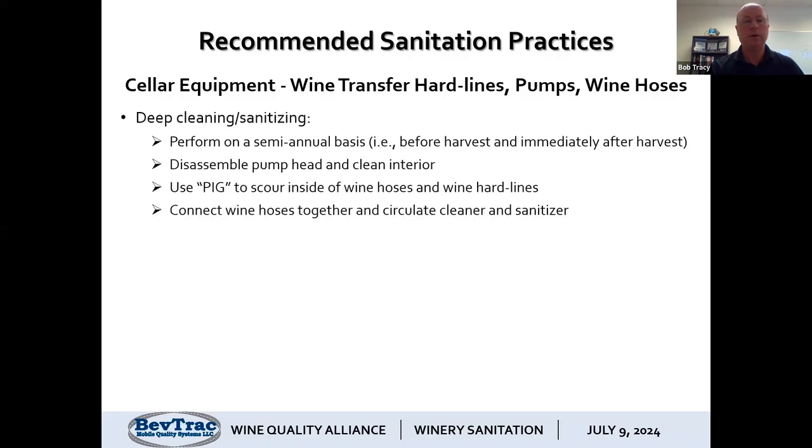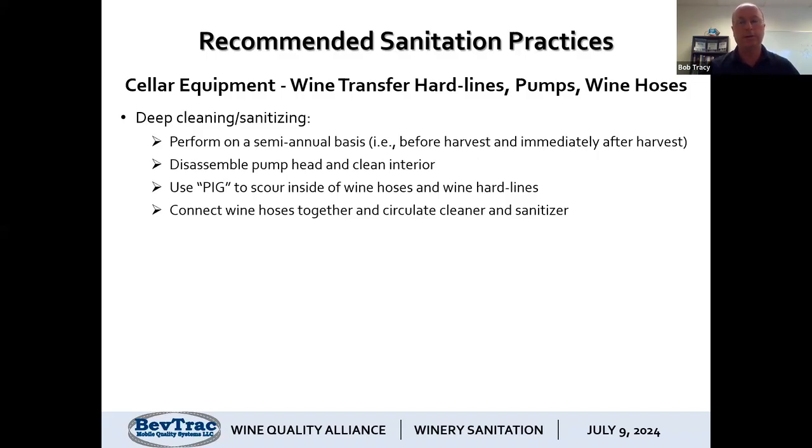So another piece of this is deep cleaning and sanitizing, as I mentioned earlier. You want to do this maybe twice a year, before and immediately after harvest. For the pumps, you're disassembling the pump head and cleaning the interior thoroughly. For hoses and hard lines, there's a pig sponge ball that you can use to scour out the inside of wine hoses and hard lines in the presence of the cleaner. And for the wine hoses, you can use that pig by connecting the hoses together and circulating the cleaner